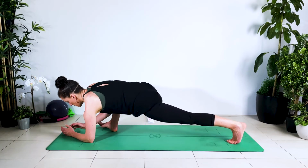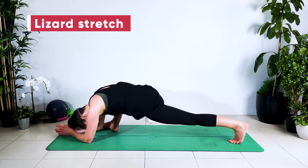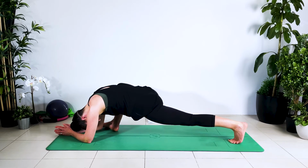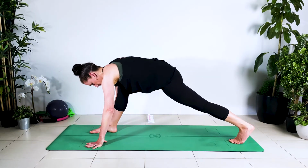Now turn that front leg out. This is called a lizard stretch. Elbows or hands on the mat, and you drop your head down, keeping the back leg energized and engaged. The left butt cheek is engaged. Your right leg is turned out, getting into the iliotibial band and tensor fasciae lata, and then front leg parallel,